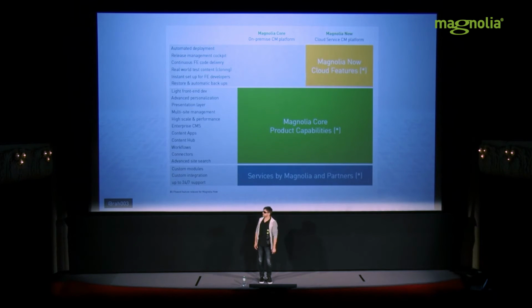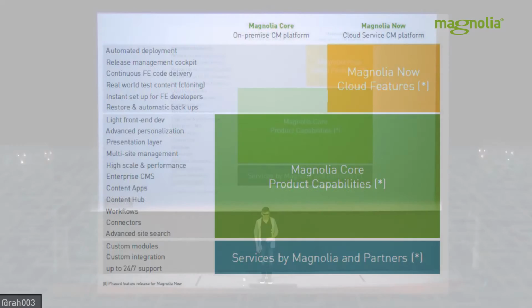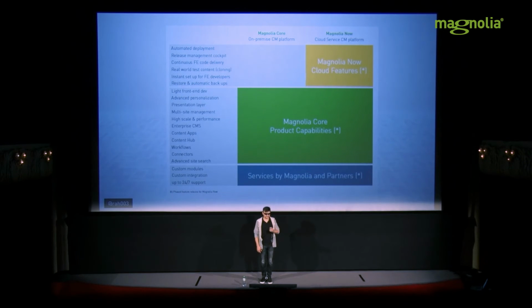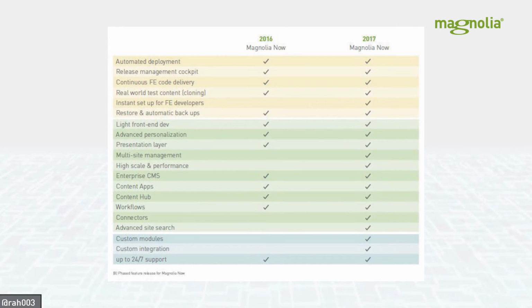Or in another picture, if you look here, the blue and green boxes, that's something which you already could do with Magnolia today, with Magnolia Core. The amber box up there is actually the list of extra things which you would be able to do and cover with the Magnolia Now solution. And you should be able to take benefit of them very seamlessly and very nicely, lowering the pain of having to configure, set up, and maintain everything. Here is yet another view of the same thing, listing when those things are coming,